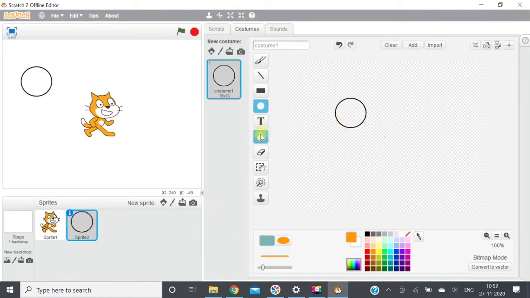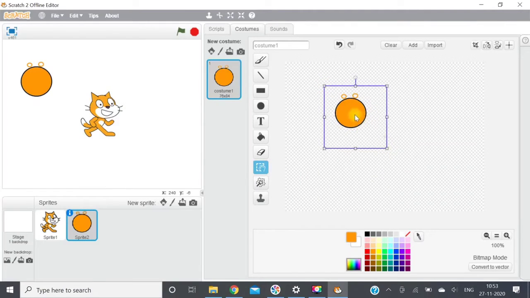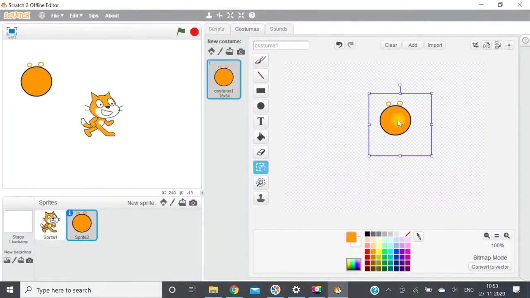Then fill the color. So suppose this is the sprite. Fine. Now by selecting it, you can move this sprite.